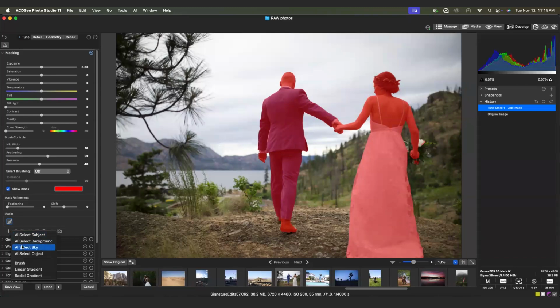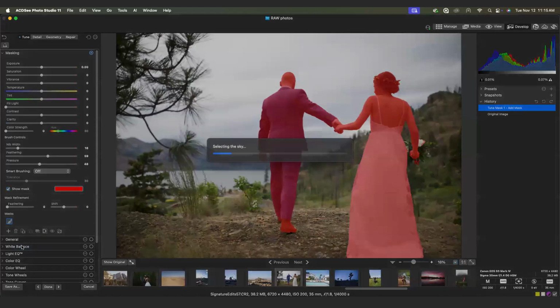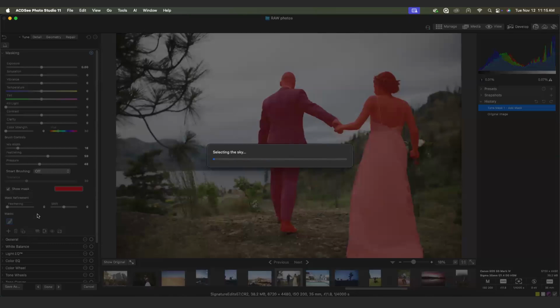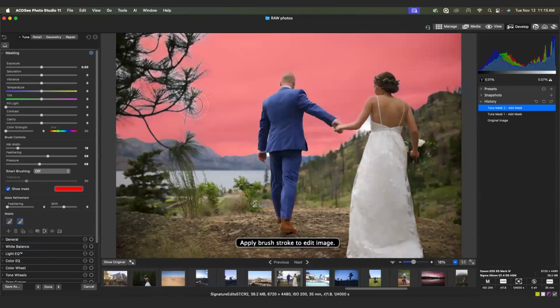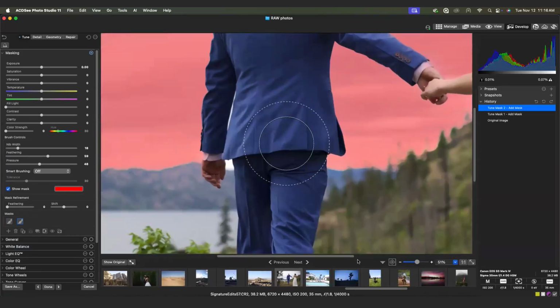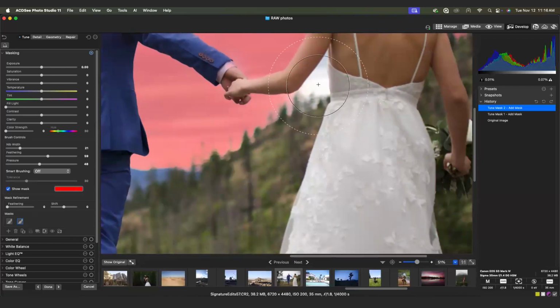So for example, now I'll try to select the sky. Let's try to bring some details back in the sky. And you can see ACDSee did a really, really nice job at selecting the sky, even in between the areas inside the tree you can see on the top left. It did miss a little area right here on the bottom right, but that is quite easy to fix. So I'm just going to reduce feathering a little bit and just going to brush